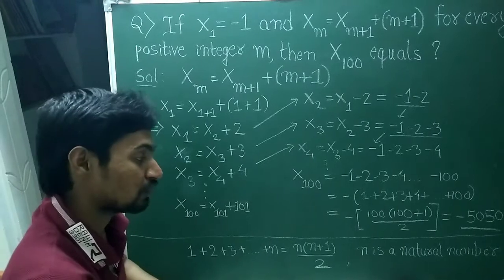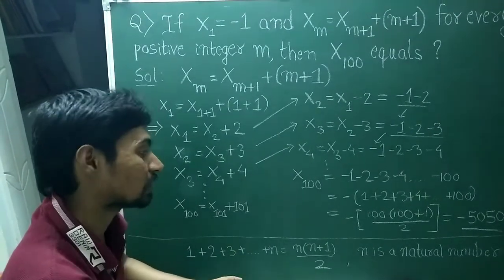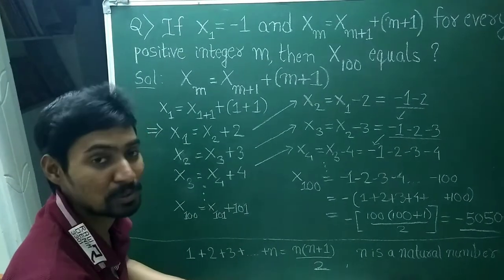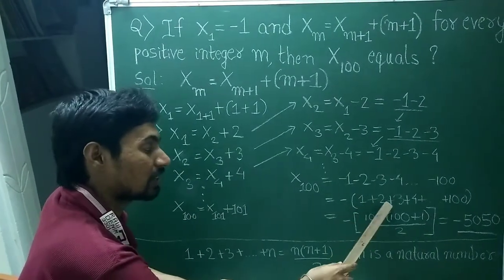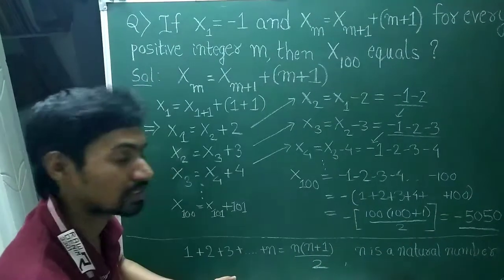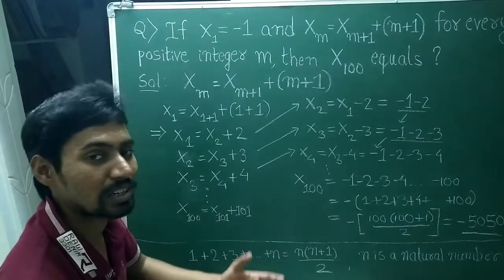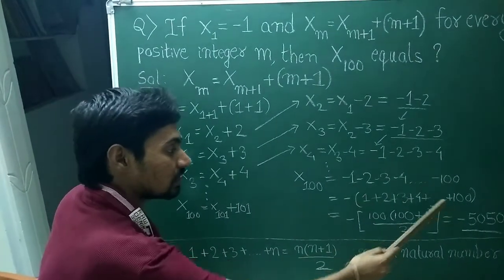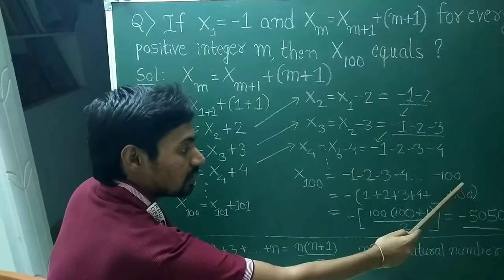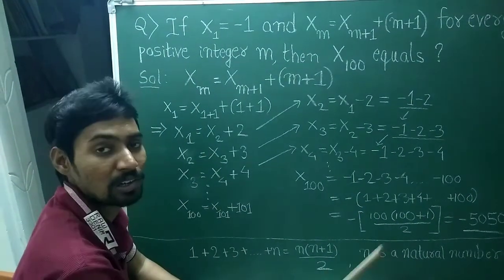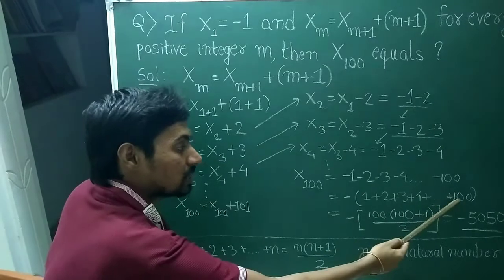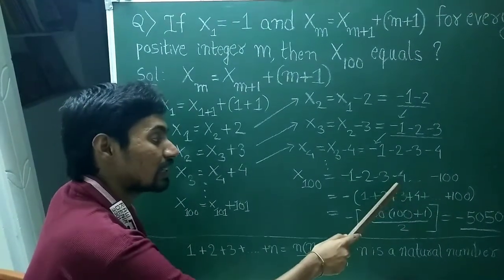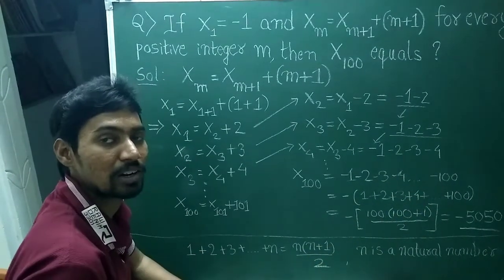And if you don't remember this formula and want to calculate it generally, if you want to waste your time, you can simply go on adding all these 100 numbers. There is another small trick which makes your calculation easy. You see this sequence: 1 plus 100, the first and the last number, if you add, you get 101. 2 plus the number before the last, 99. 2 plus 99 will also be 101. Then 3 plus 98 will also be 101.